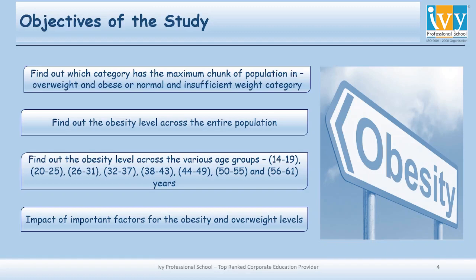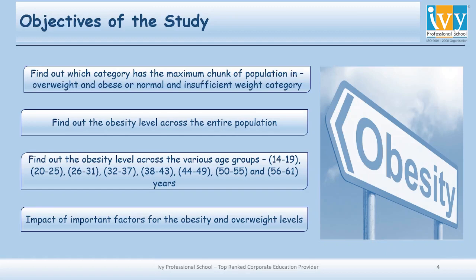Firstly, to see the maximum count of records in each of the two categories, whether it is in the obese and overweight category or in the normal and insufficient weight category. Once my first objective is met, I would like to see the count of records in each of the obesity and overweight levels across the entire population. Then, once we find this out, I would like to see in which particular age group this maximum chunk of the population belongs. That is, in which age group is the maximum number of individuals who are obese or